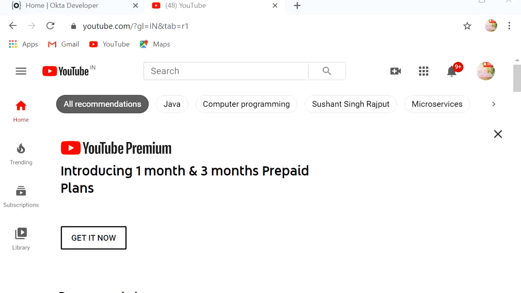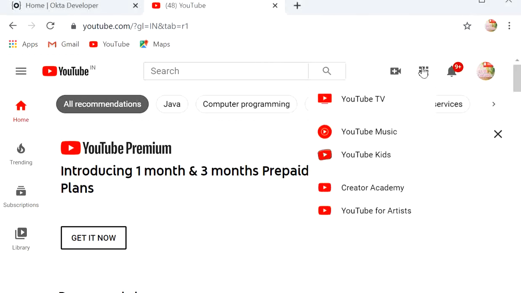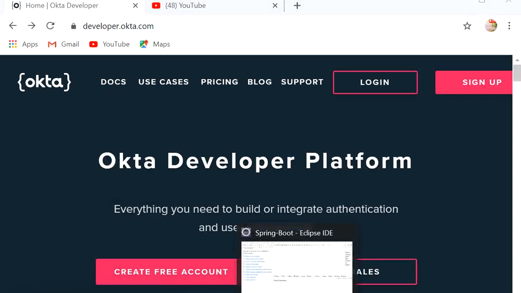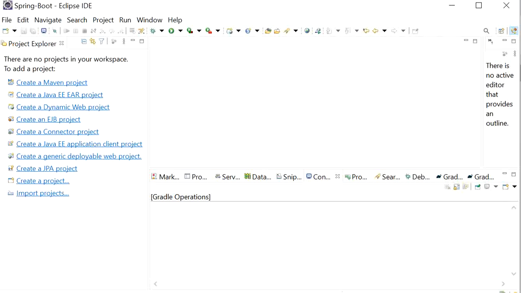Single sign-on means one-time login to the application and we can access all our Google products without entering credentials. Today we will implement the single sign-on feature in our application. For that we will use Okta Authentication Server that will enable single sign-on for our application.